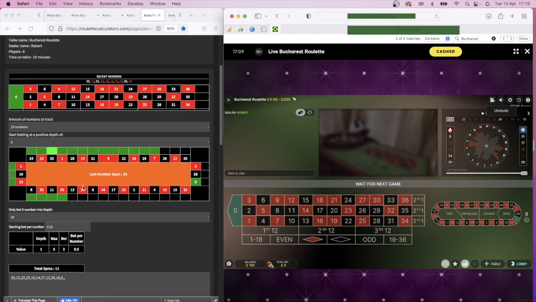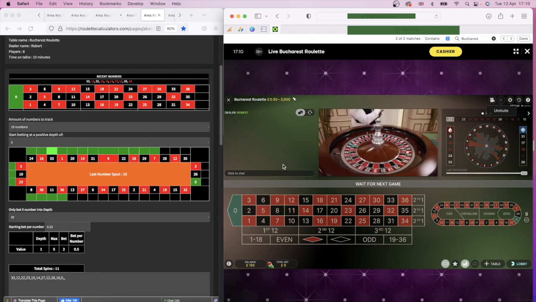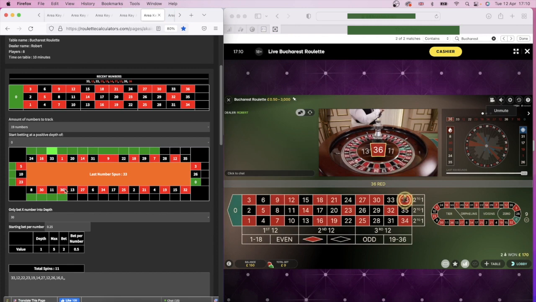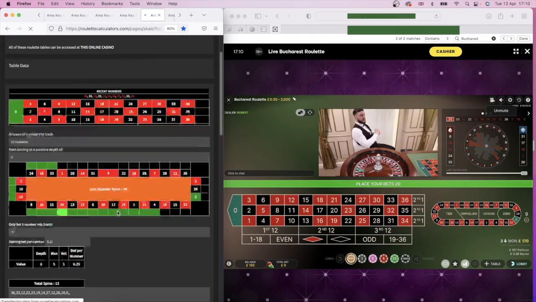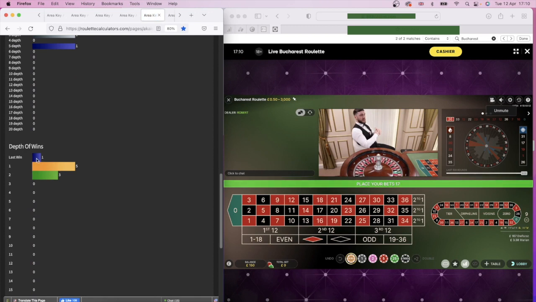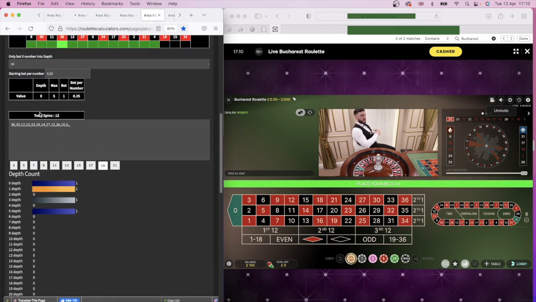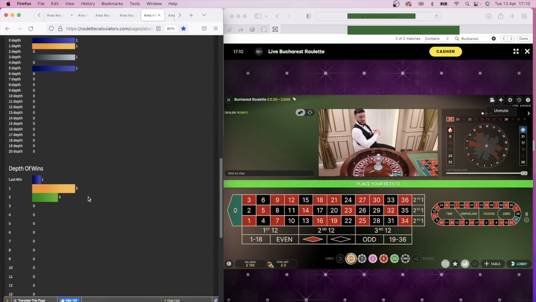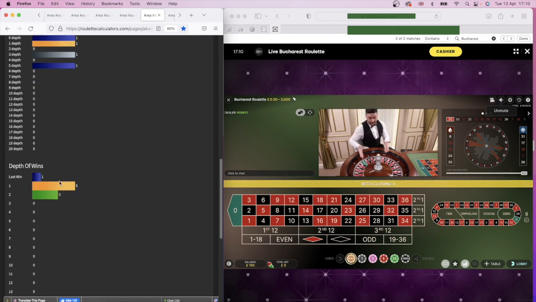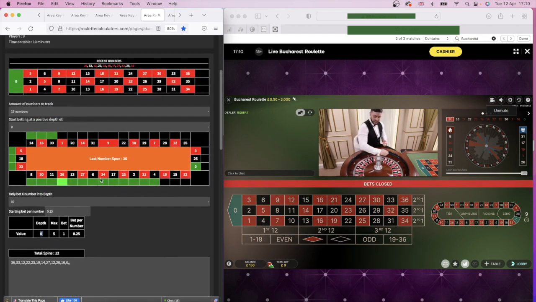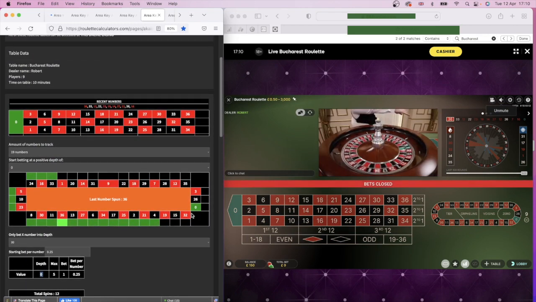So you want to see that land between 28 and 13. Where's it going to go? Went to 36, so right on the edge there. So I'm going to watch this for a little bit just to see if this particular table does go straight back to the unhighlighted. Sometimes betting on blocks is quite fun. If you see there's no zeros in between these, so you've got depth of 3, depth of 5, and a 1. If you wait until it goes to a depth of 0, then bet on the unhighlighted section, in this case between 1 and 19,